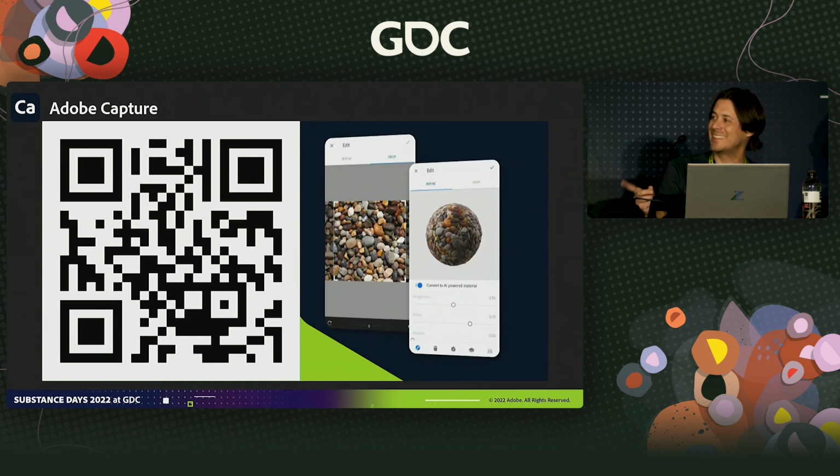I got to throw back to this though, Seb, because I remember, it was even before I started, we had the mobile app. Do you remember bitmap to material on iPhone? I think it was out on iPhone 3G, like the third iPhone or something. And it was so cool. So I loved it. And so it's really neat to see that coming back. Again, already built within the Adobe Capture app.